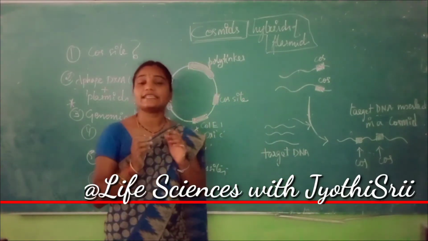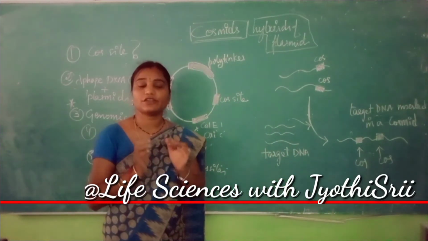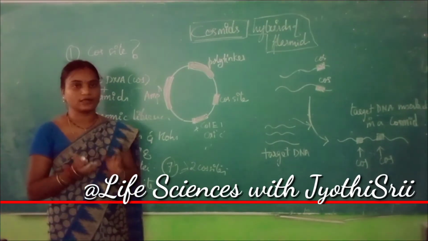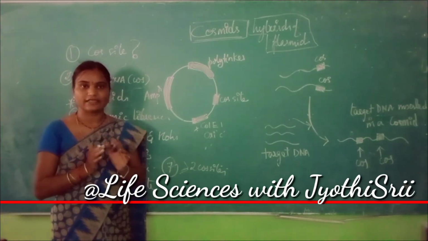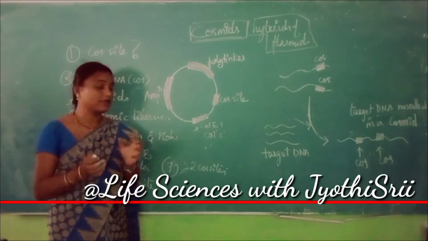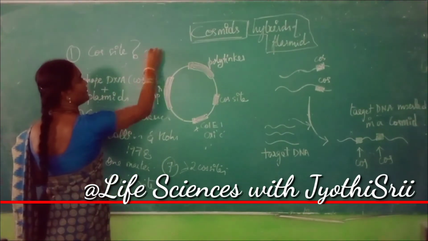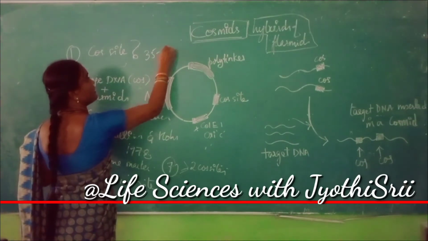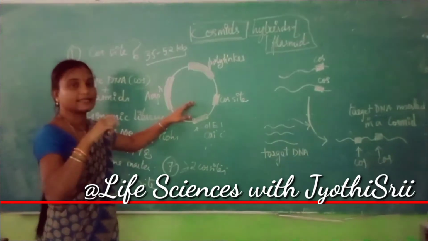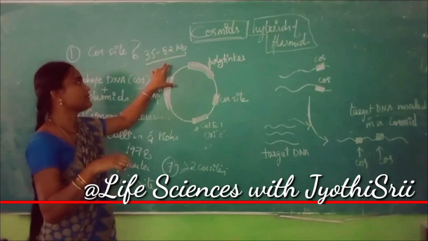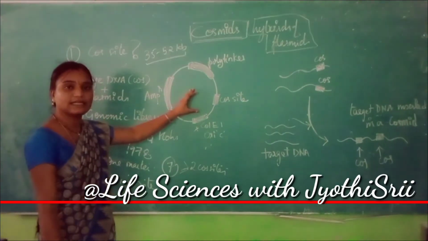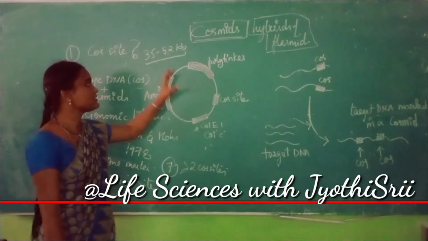So the size of your DNA molecule generally used, so this cosmid vector is nothing but which carries your target DNA molecule to the host organism, isn't it? So that is the main function of a vector. So under that, cosmids can carry around 35 to 52 kb of target DNA molecule. It can easily get carried by this cosmid vector. So this is the strength of your cosmid.